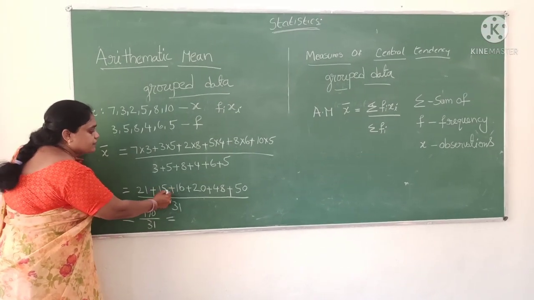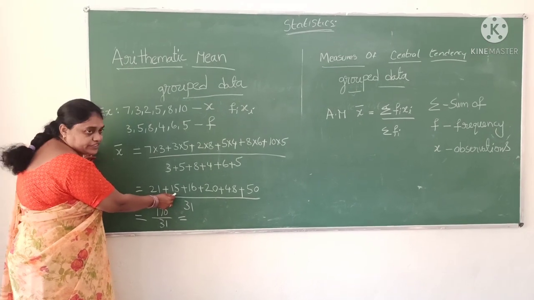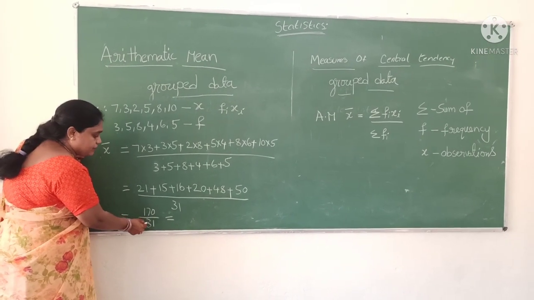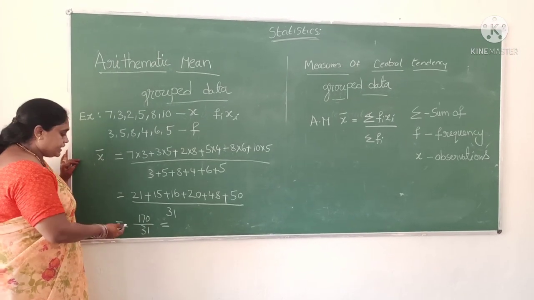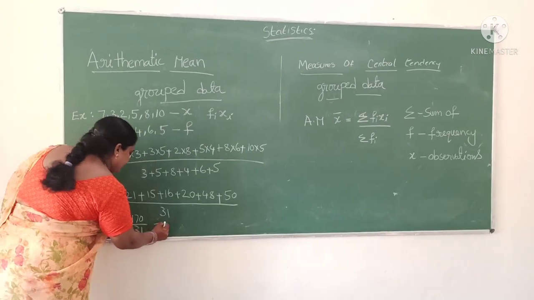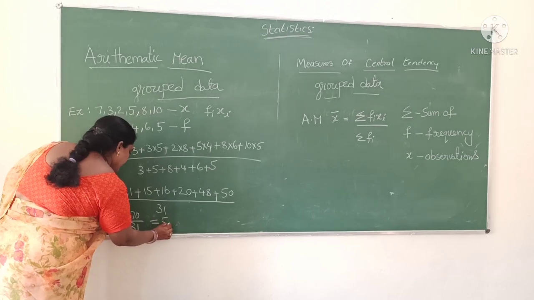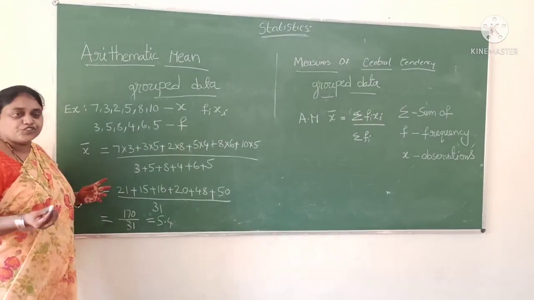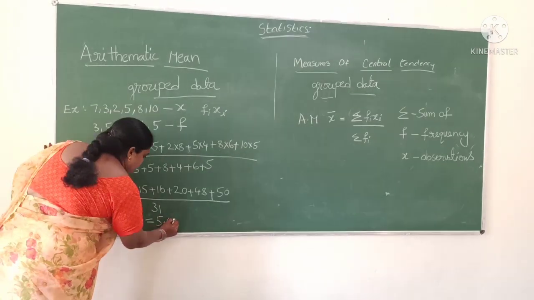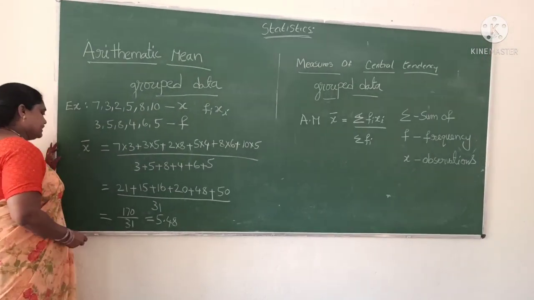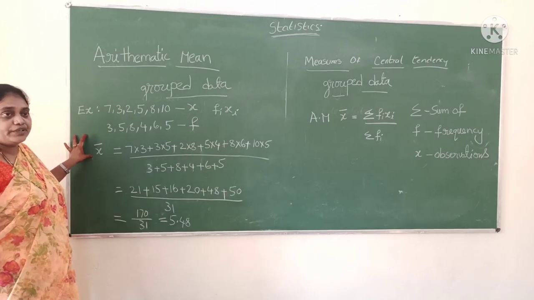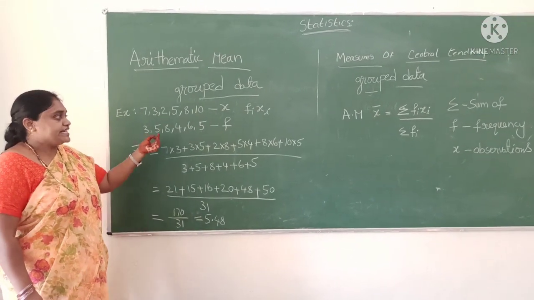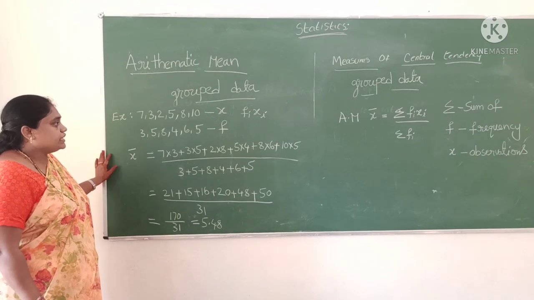So sum of all observations into frequencies is 170 by 31, nearly 5.48. This is the arithmetic mean we calculate in simple method, that is x bar is equal to sigma fi